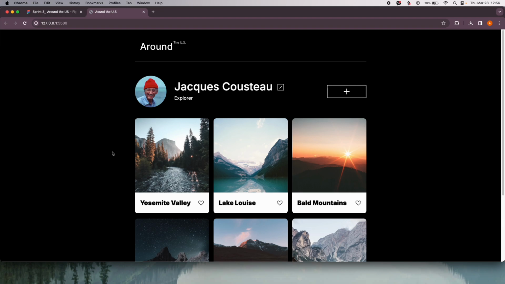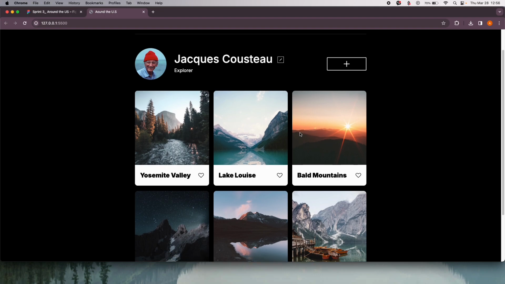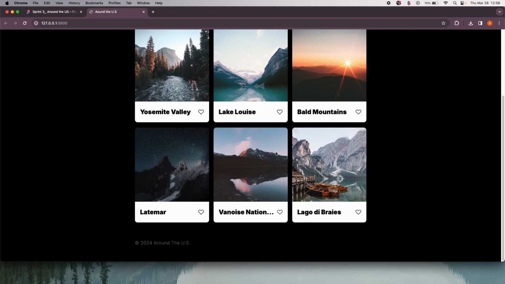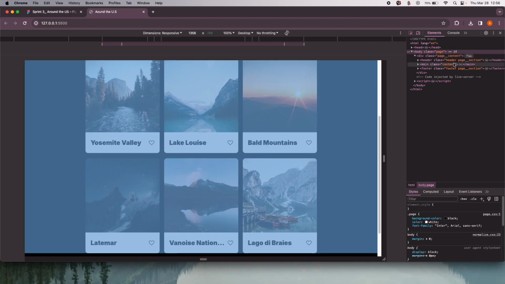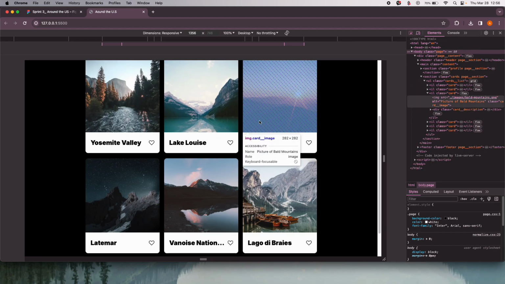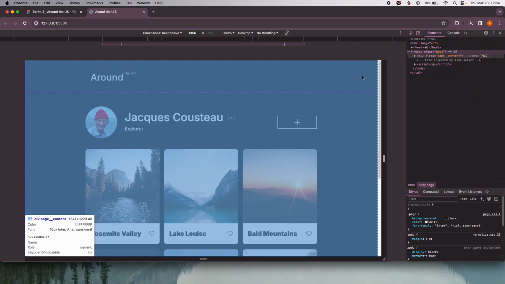Let's just take a quick look here. Up here I have my header, profile section, the adding and the editing button, the card section, and then I have the footer down here. Let's go ahead and open up the console log so we can look at the different